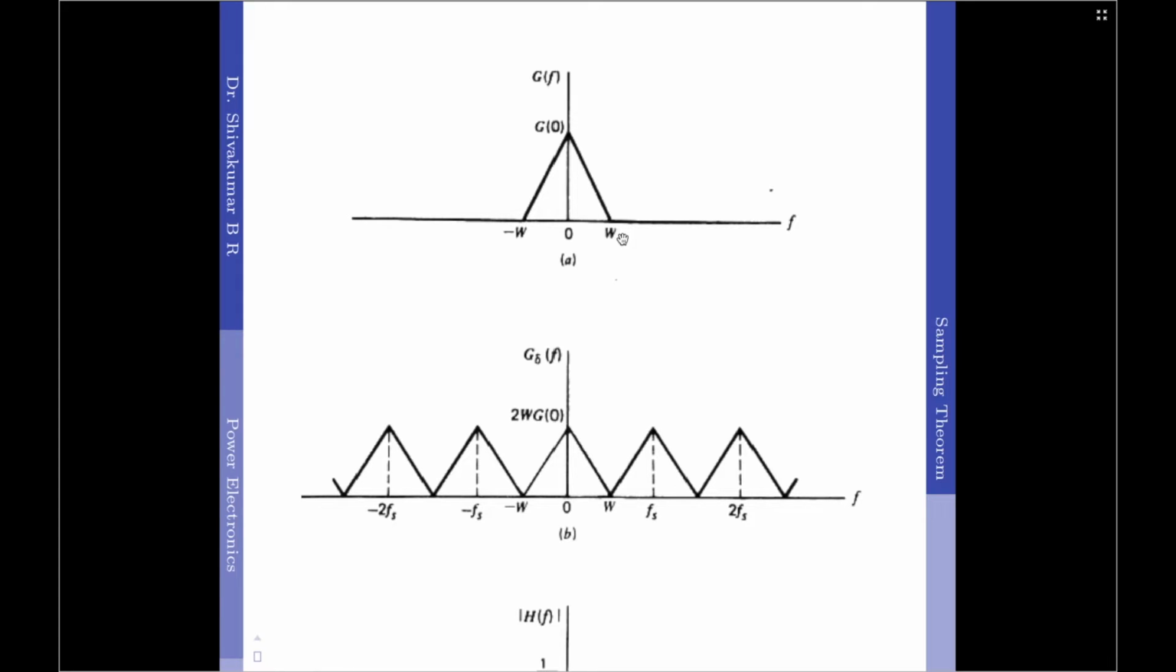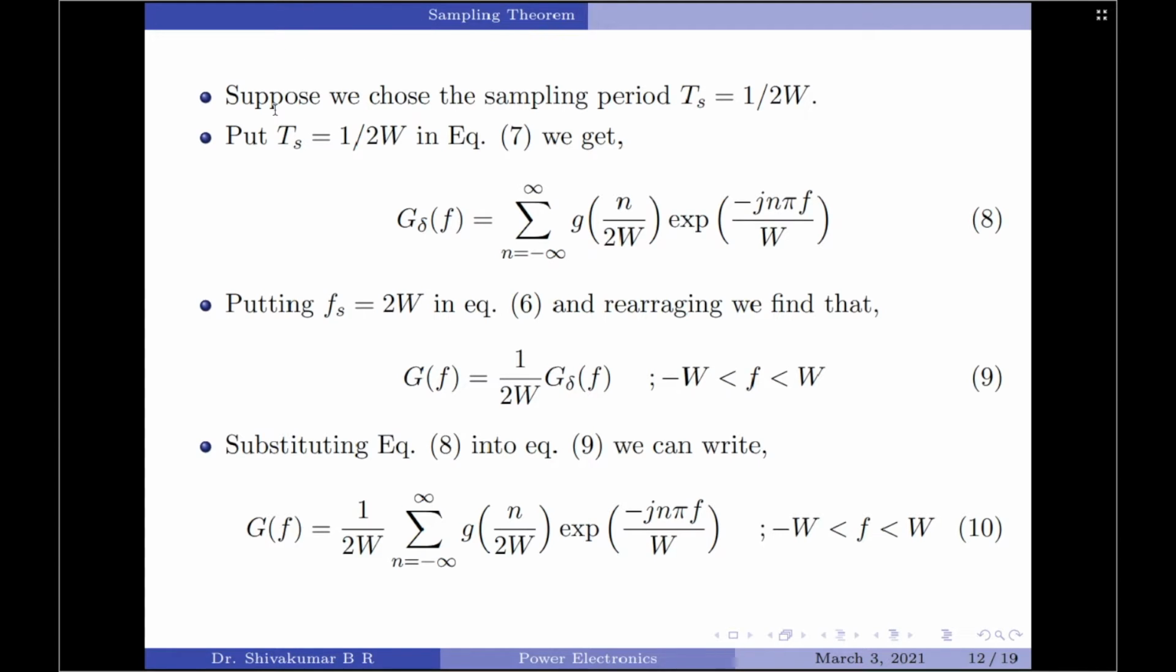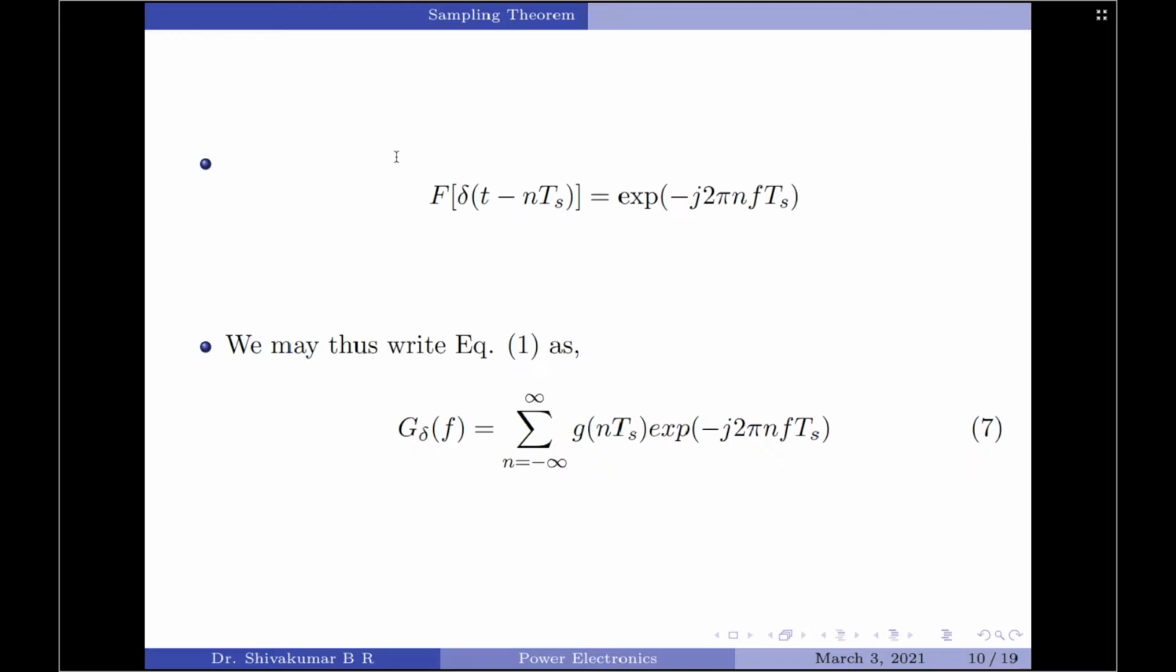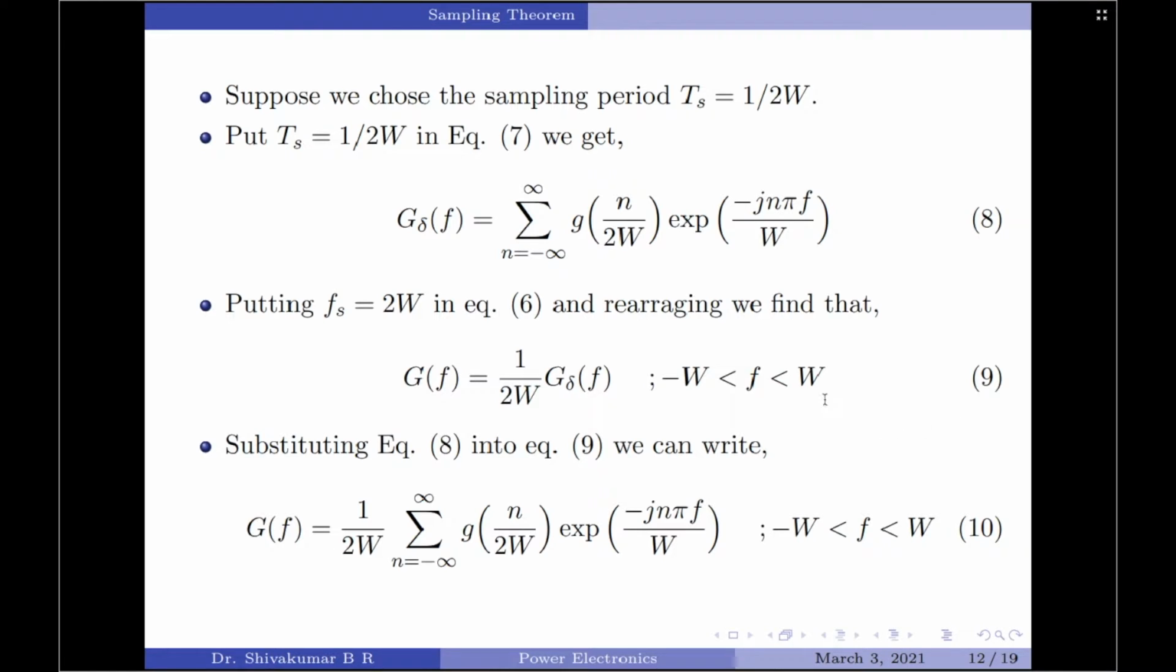Now, let us consider that this particular signal, which is our strictly band limited signal G of t, is sampled using the sampling period Ts equals 1 by 2W. That is, let us simply choose the sampling period to be 1 by 2W. So, I am going to substitute Ts equals 1 by 2W in my previous equation, which is equation 7 here, and this is going to create a new equation given by G delta of f equals summation n varying from minus infinity to plus infinity G of n by 2W, because previously it was n Ts, and since Ts is equal to 1 by 2W,